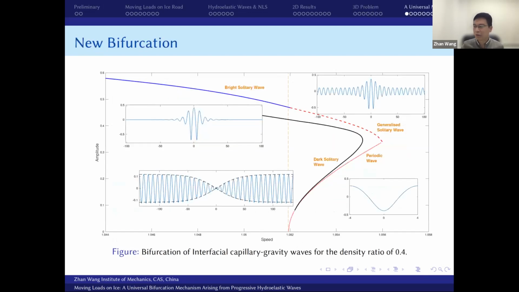Okay, there are still a few minutes, and I'll try to say a few words about this strange bifurcation. So you have the periodic wave, then you have the generalized oscillating wave, and then you have the Bryce oscillating wave. First you go to the supercritical region, then go back to the subcritical region. This bifurcation phenomenon